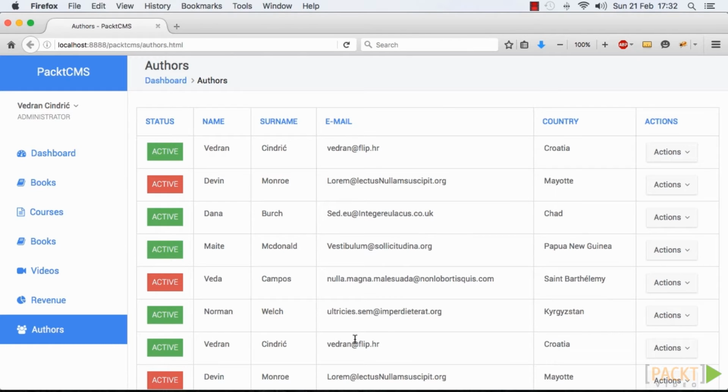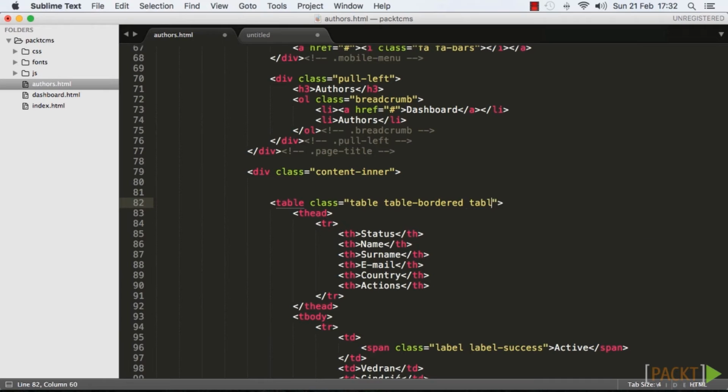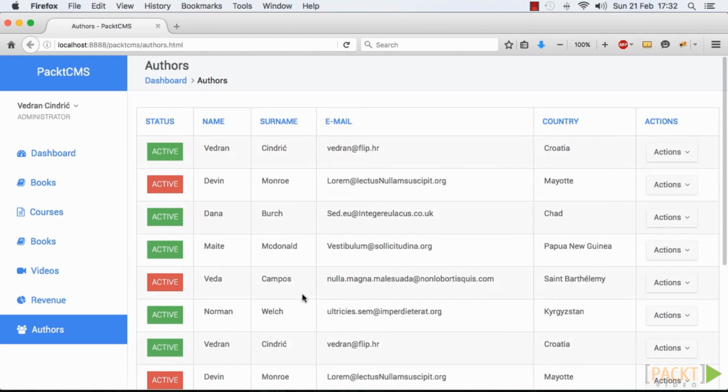With Bootstrap, again, all you need to do is add another class that is called table-striped, like this. And if we refresh, we see that every second row, or every other row in this case, is in a different color, which makes it easier for the user to focus on a specific